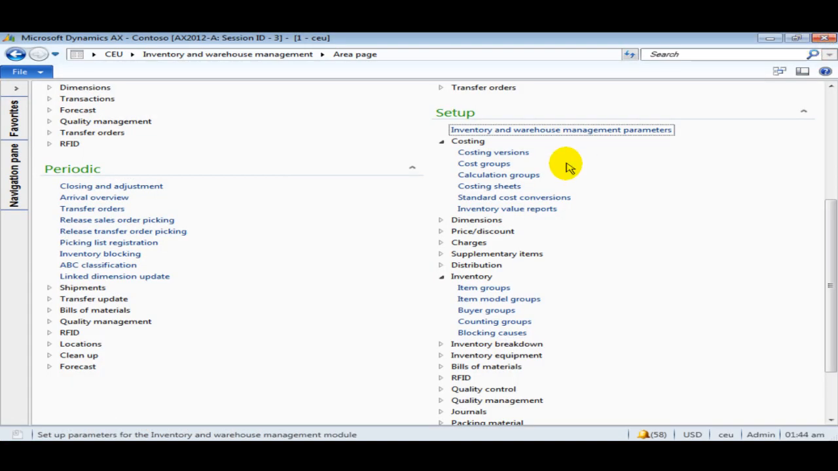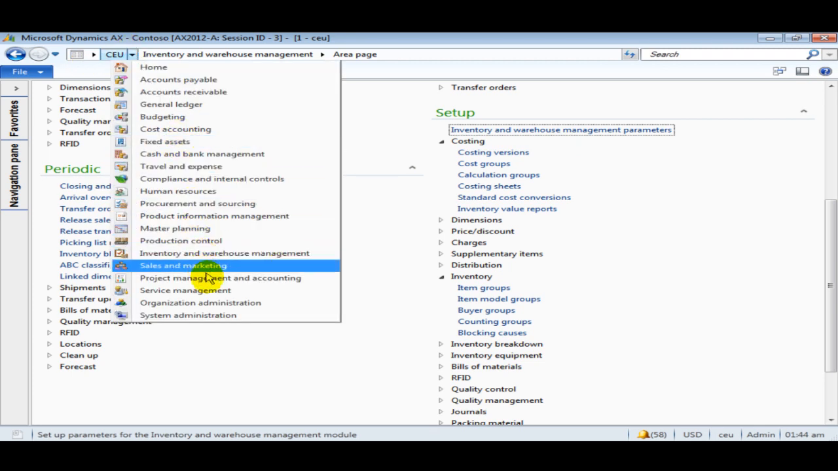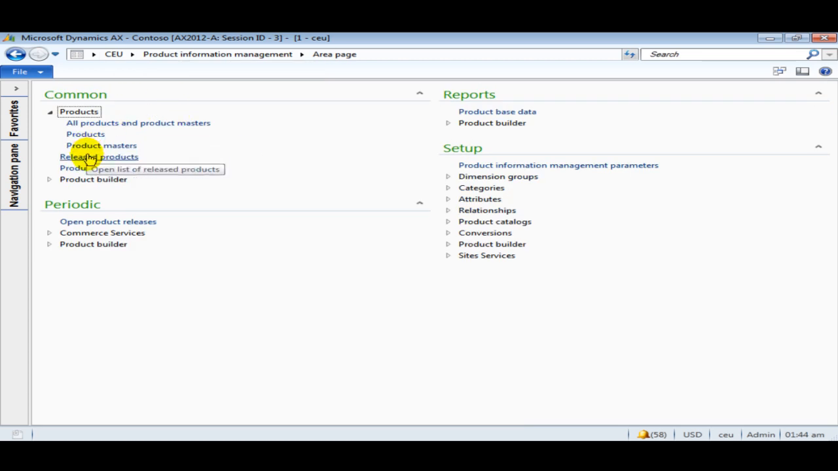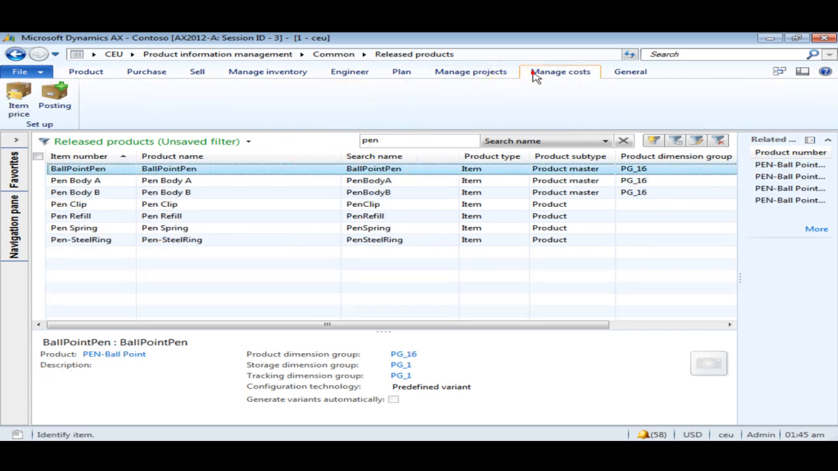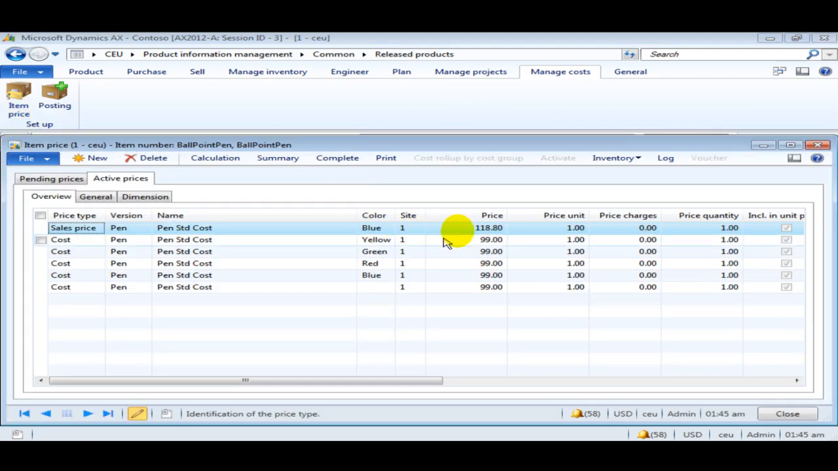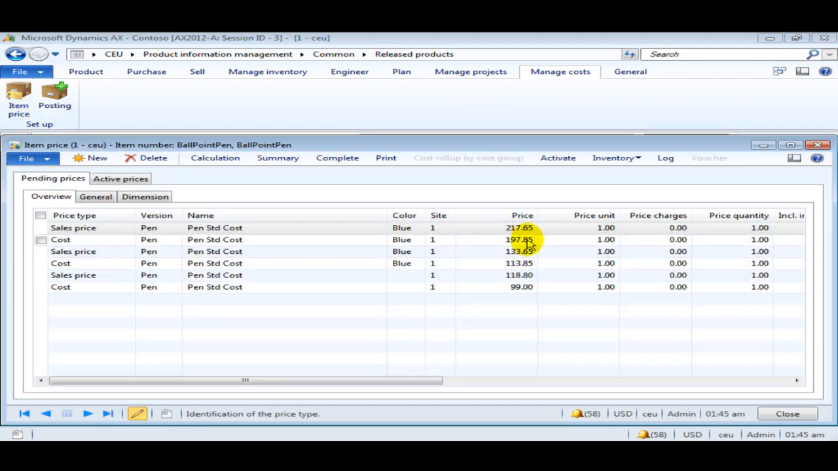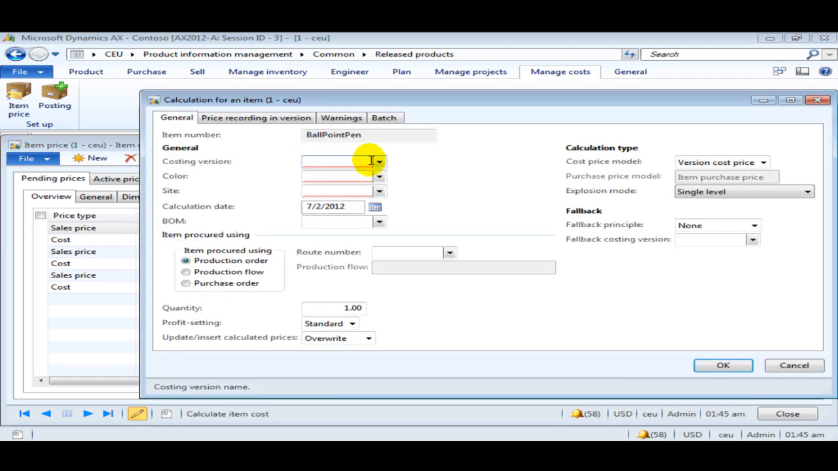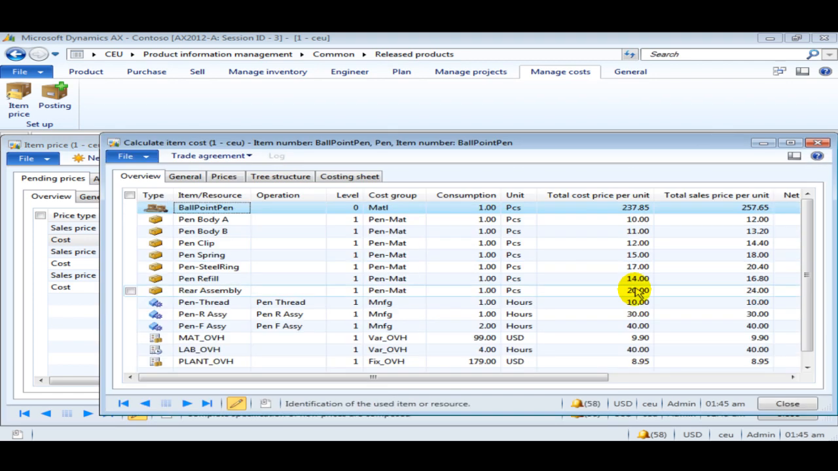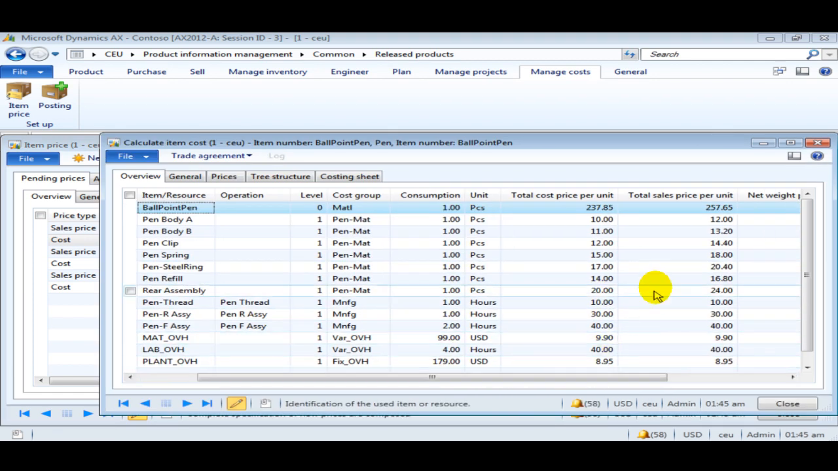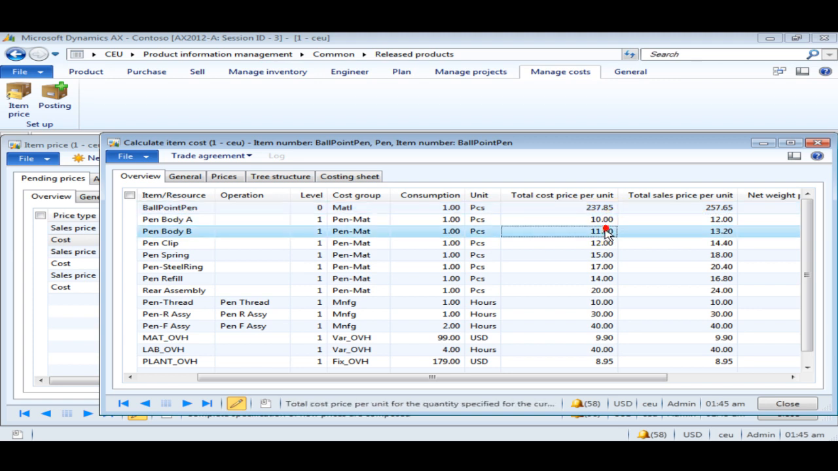Close. Now going back to the BOM calculation, last time we had 217 and 197, so we are going to run the calculation again. This time you notice that there is no error message, and the price is 257 and 237. And if you look into the breakup, you will notice that we have a selling price for the items with the markup of 20%,